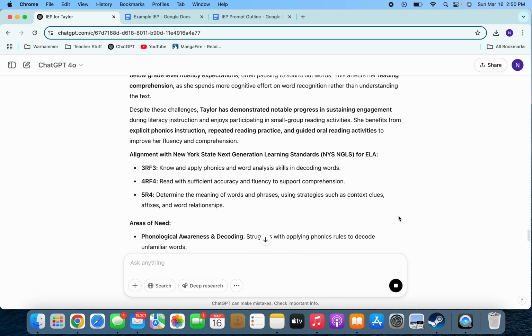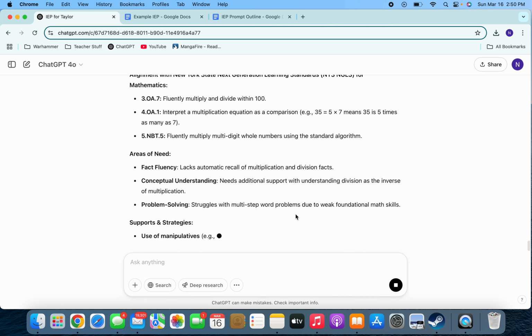See, if you add that tidbit about New York State, it provides references to standards. It will give you areas of need and ways to support those skills. So we just took that one PLEP section alone, just looking at the reading component, and beefed it up quite a bit. So when you're editing your IEPs using ChatGPT,